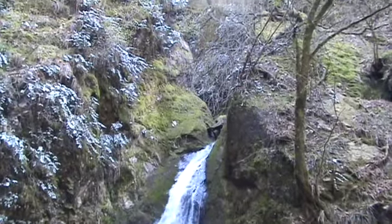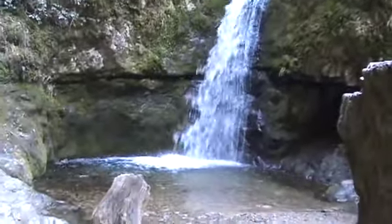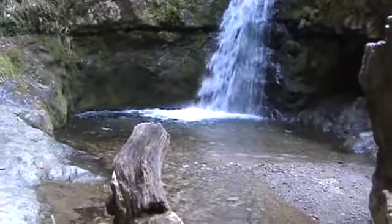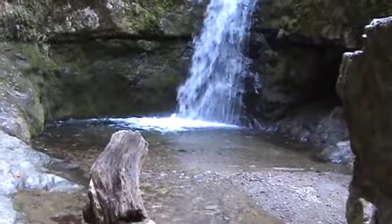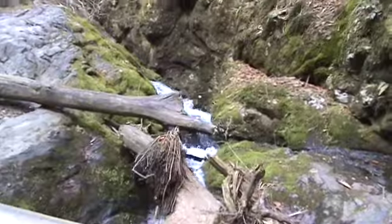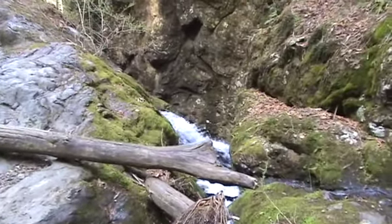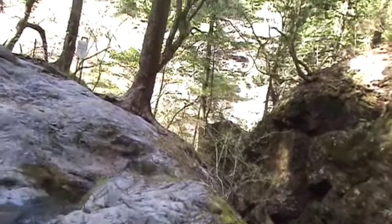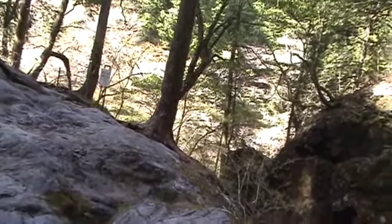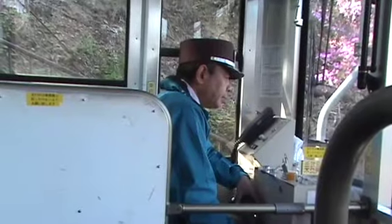Okay, this is the other falls, this small little part right here. Most torturous climb down. It's all steep metal stairway and or super tangles of roots. Apparently this is another half of the falls, although it's not stated that way. And the trail continues and wraps up this way. I hope that it continues back to where I want to go, but of course there's no signage that I would...